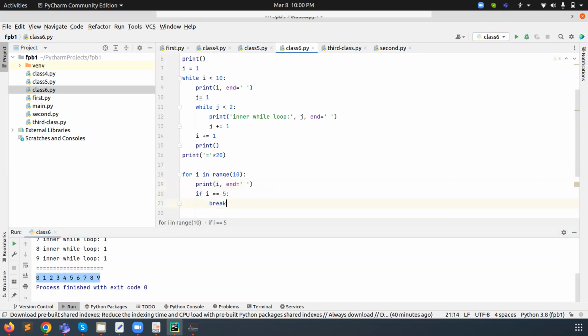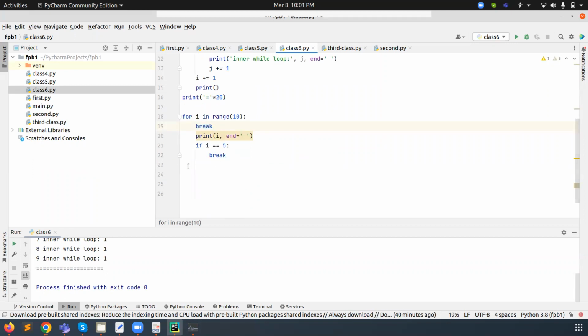If I apply this one, then what comes? It starts from 0, but when the condition is true, break and continue we apply only on the basis of a conditional statement. We never apply break directly. What will happen if we apply the break directly here? Then no statement will be printed, because when the control comes, it automatically breaks and goes outside of the body. How? I will explain.